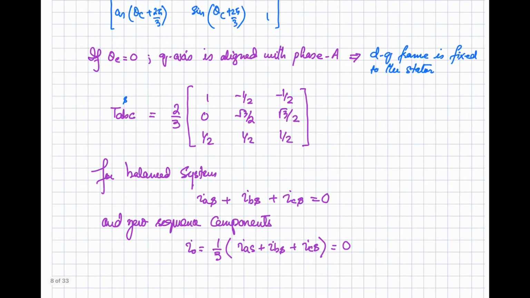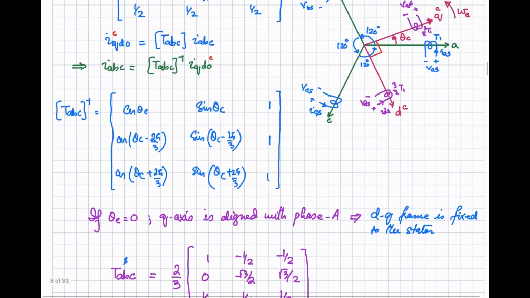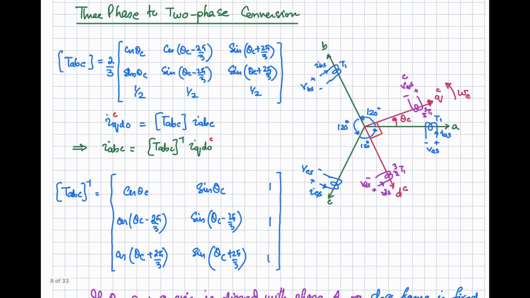So for stationary frame of reference the transformation matrix will be like this, but if your frame is rotating, then you will have to consider at what rate this frame is changing, and accordingly you will have to find out the IQS and the IDS in the rotating frame of reference.